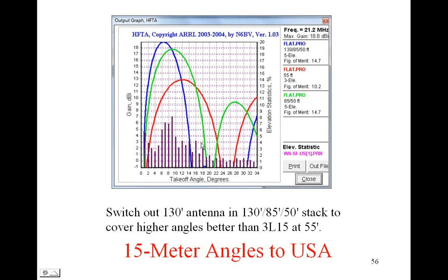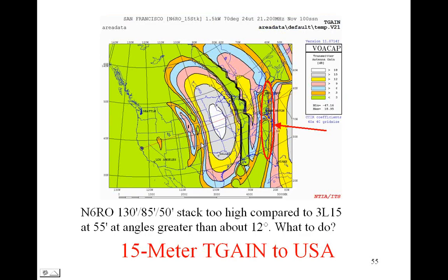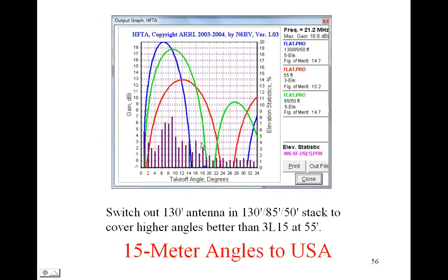Now, what can be done with this? I mean, this is a travesty. N6RO is getting beaten out by a tribander at 55 feet. What can N6RO do to take care of this situation? What N6RO can do, and has the capability of doing, is switching out the top antenna so that the stack, this green line right here,